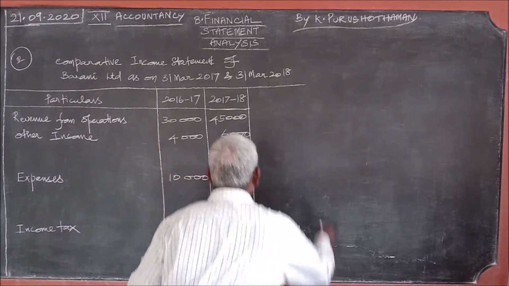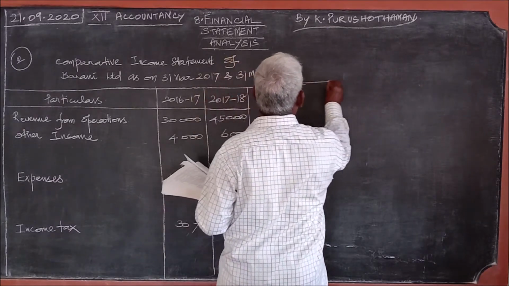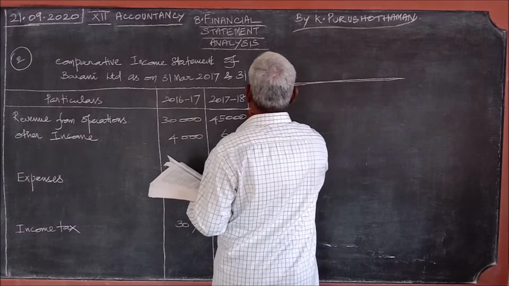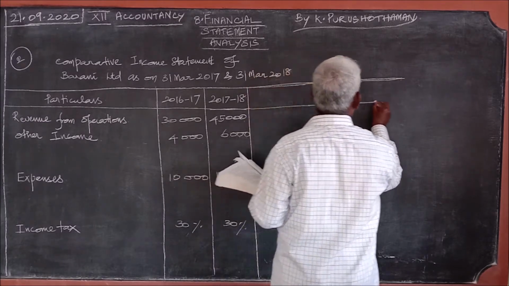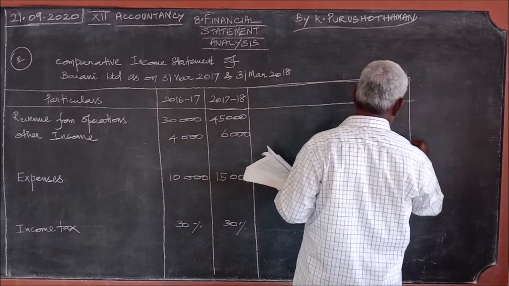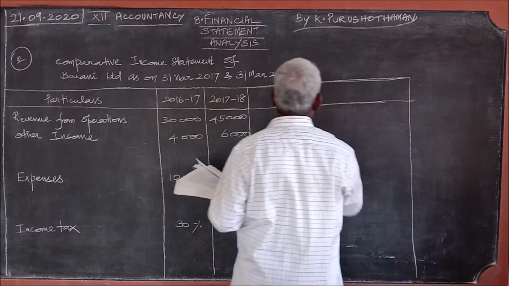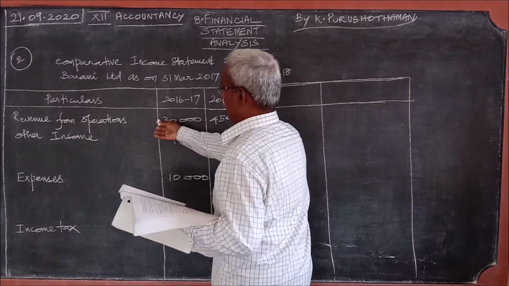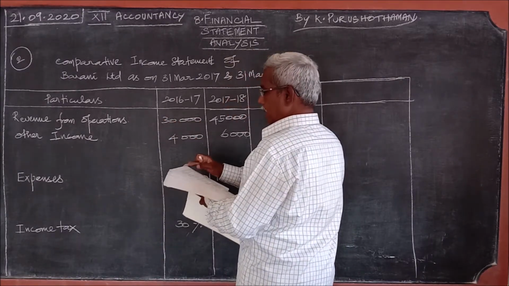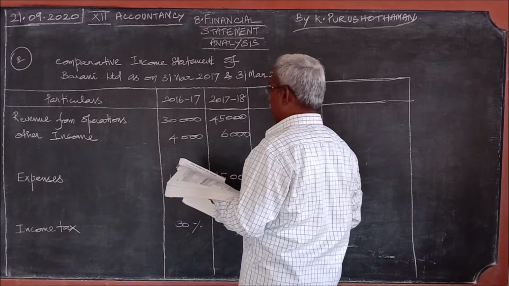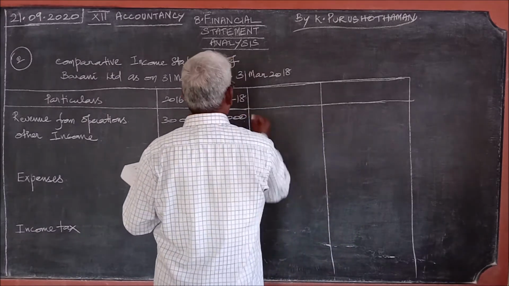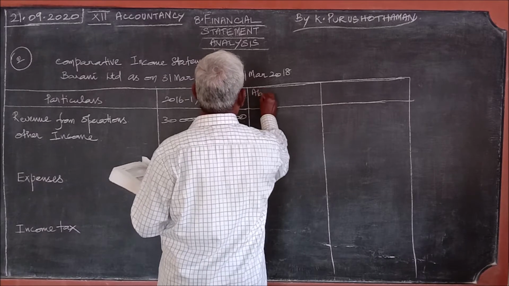In addition to that, we will open 2 more columns. These three columns are given in the problem. In addition to that, we should open two more columns. What are they? Absolute amount